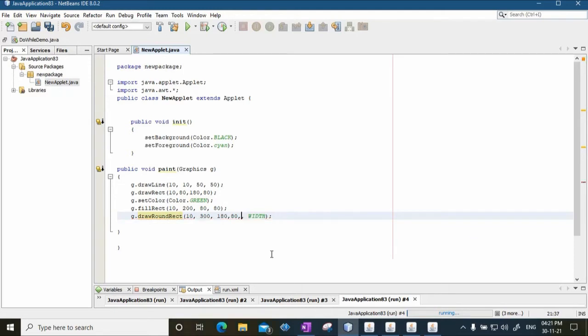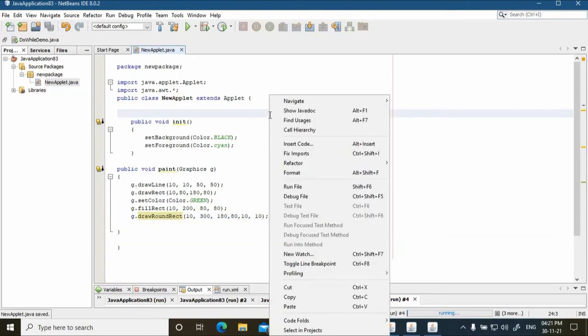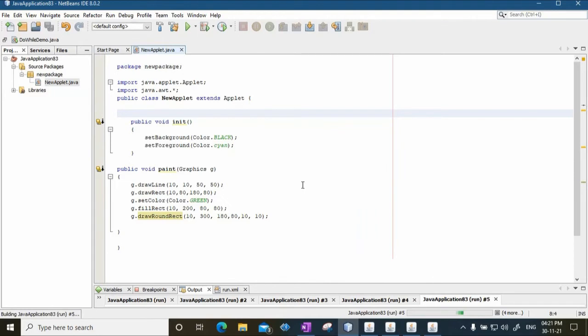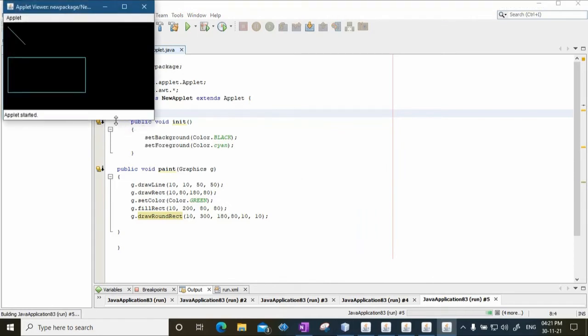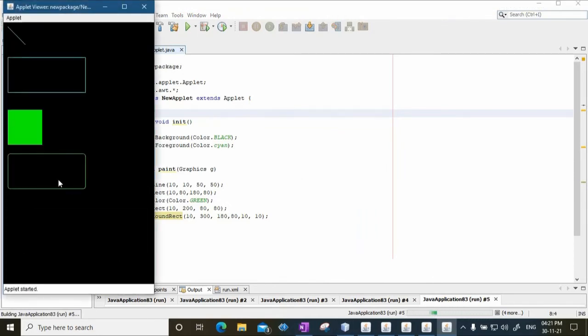So the width of that particular arc is say 10, and the height of that particular arc is also 10. I'll save and I'll run this file. You can just drag this and you can see a nice rounded rectangle that is being printed.